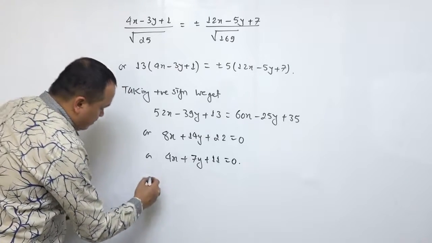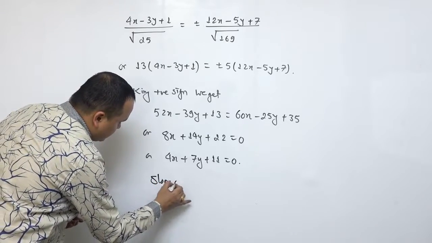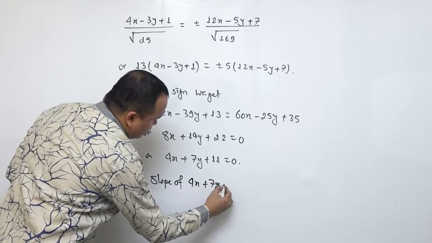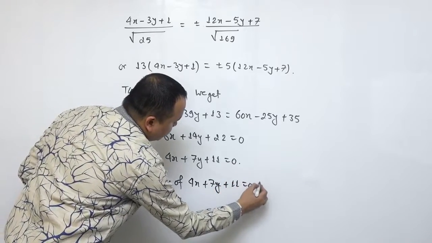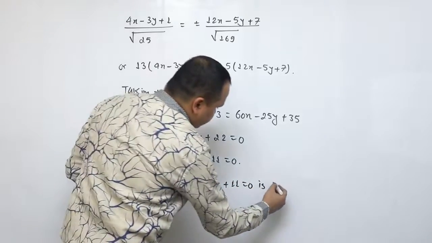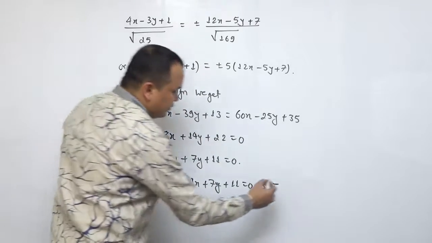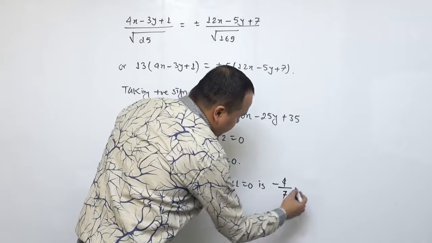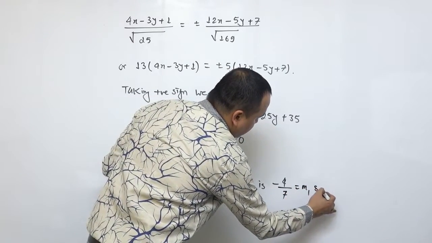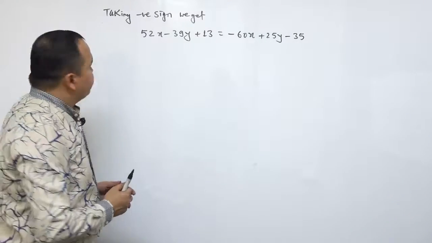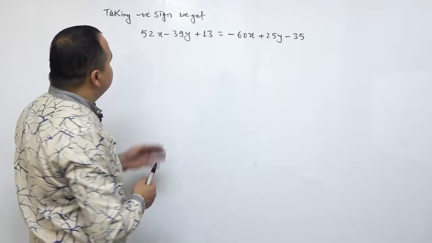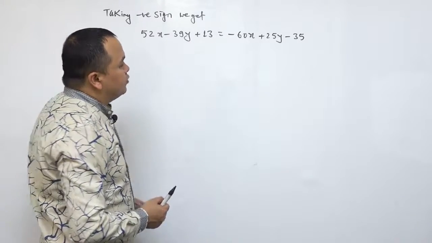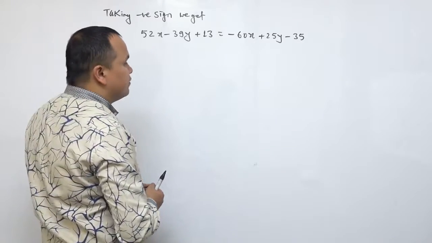Slope of 4x plus 7y plus 11 is equal to 0 is minus coefficient of x, 4, divided by coefficient of y, which is 7. This is m1, say. Similarly, taking negative sign, we get 52x minus 39y plus 13 is equal to minus 60x plus 25y minus